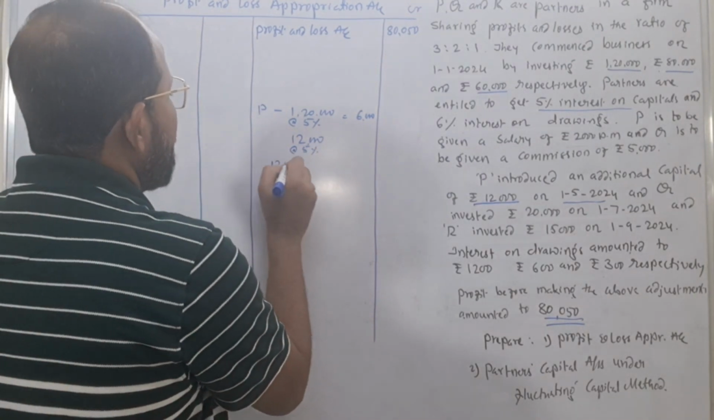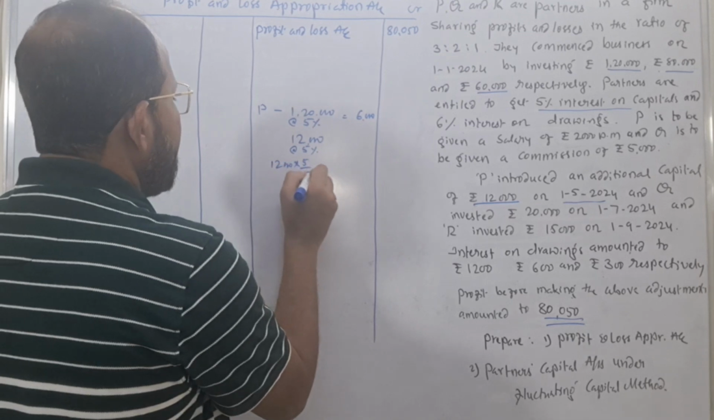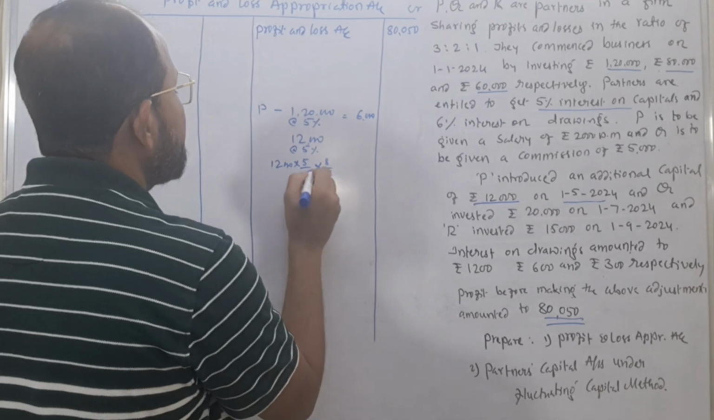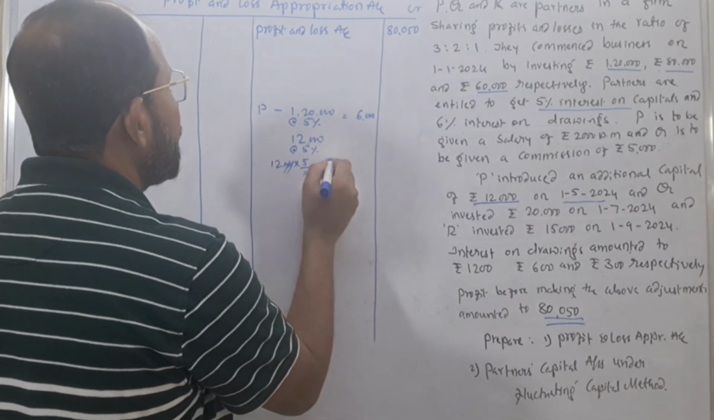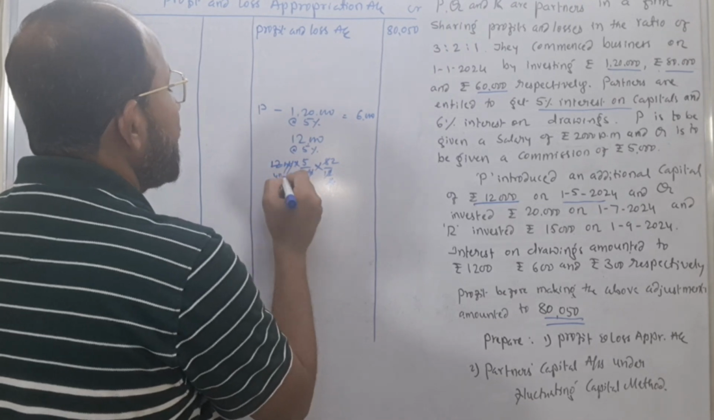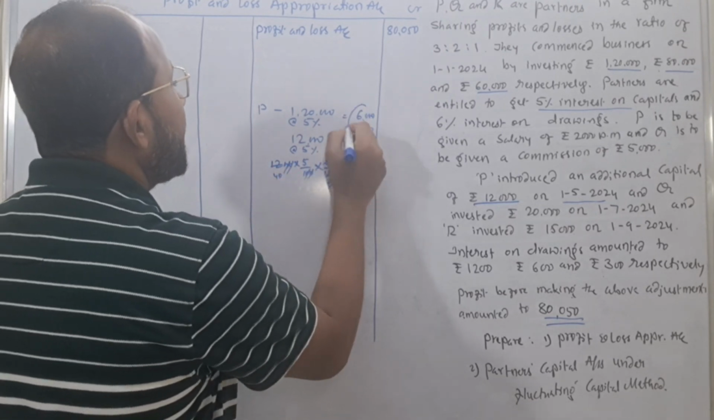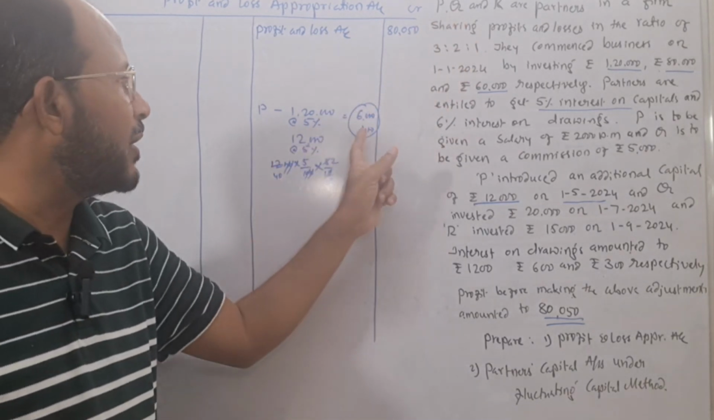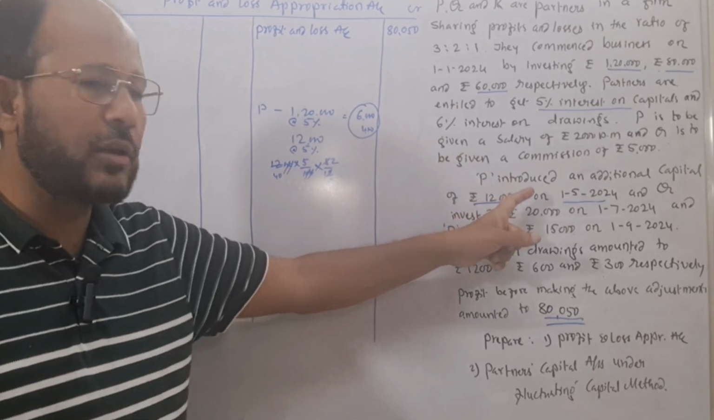That is why here I put 12,000 into 5 by 100 into how many months? 8 months. 0 cancel. 4 2s are 8, 4 3s are 12, 3 1s are 3, 4s are 12, 200. It comes to rupees 400. See here, rupees 6,000 is the interest on his initial investment and rupees 400 is the interest on his additional